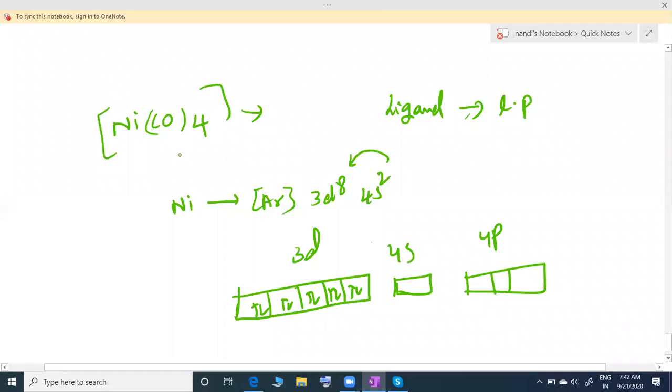Now how many ligands here? 4 ligands. Each ligand can donate. These are monodentate ligands, so each ligand can donate 2 electrons. These 2 electrons they are donating to an empty orbital. I hope you know that one orbital can accommodate only 2 electrons, so that should be an empty orbital. Now here they are donating electrons. So 4 ligands, 4 pairs of electrons. So now you make a count of why they are getting stability.